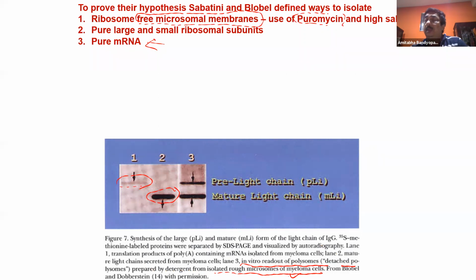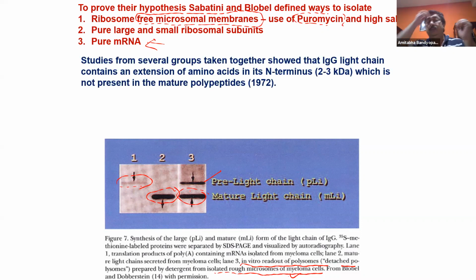Like you do it in the presence of the rough microsome. Then you get the larger one, which you get anyway from in vitro synthesis, and you get the smaller one, which you call the mature light chain. So everything taken together,